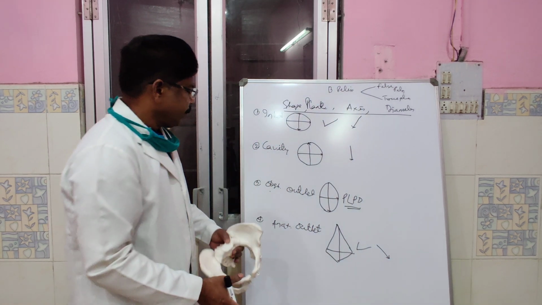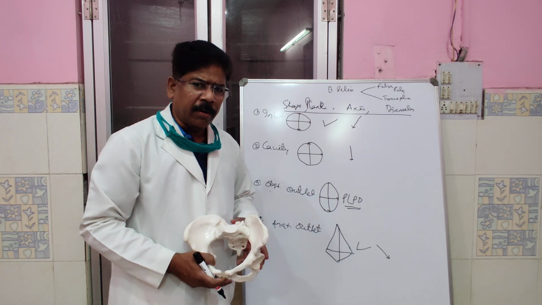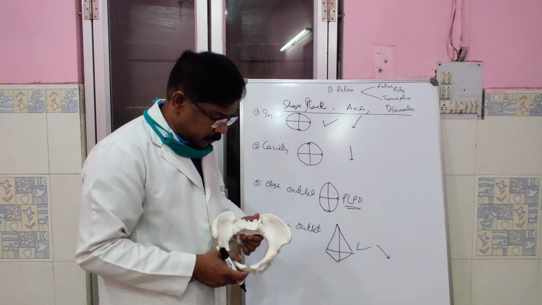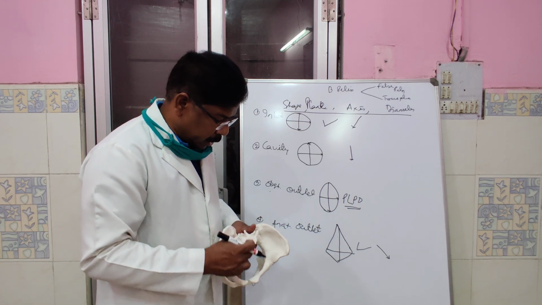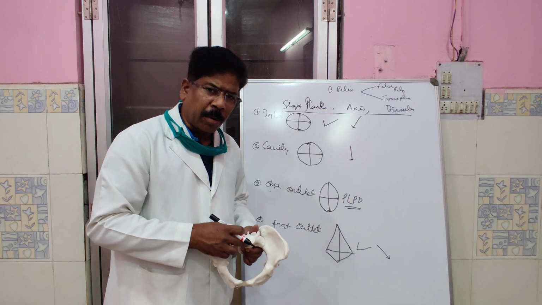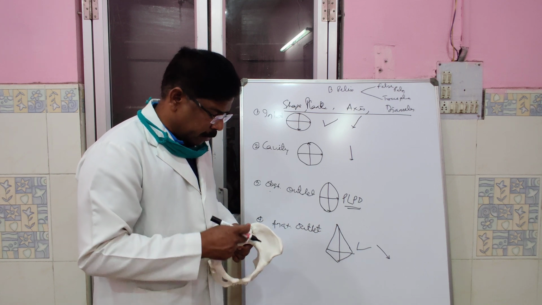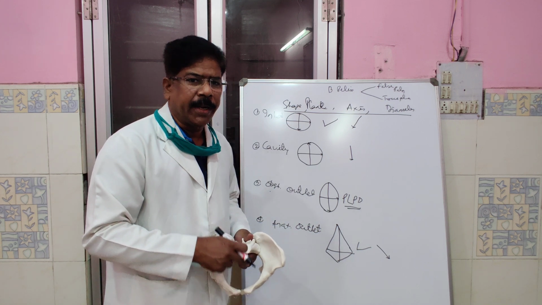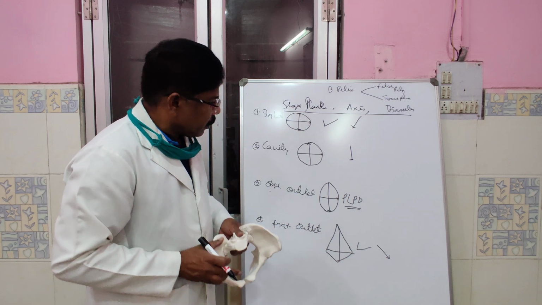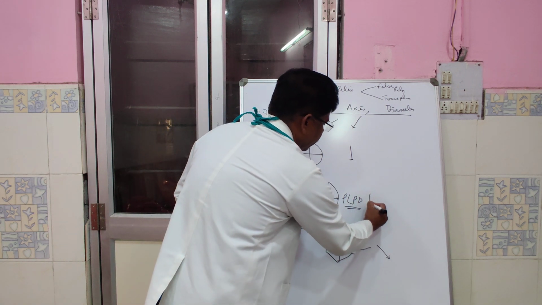So how to get the axis of the obstetrical outlet? You do not depend on the mid perpendicular line to get the axis of the obstetrical outlet. If you join the middle point of the plane and you join that point with the sacral promontory, you will get the axis. So it is not the mid perpendicular line. The direction of that axis of the obstetrical outlet is also downward.